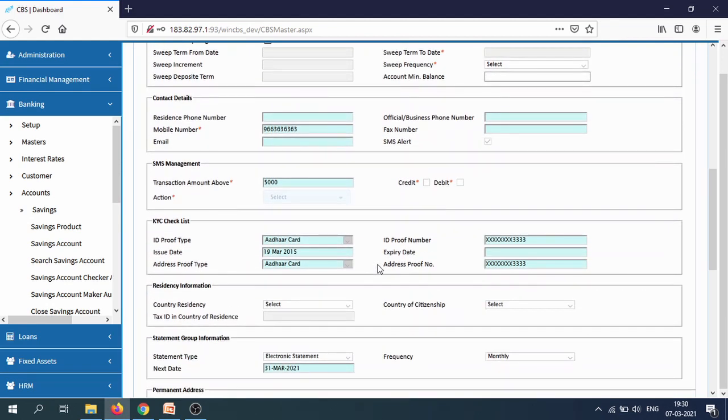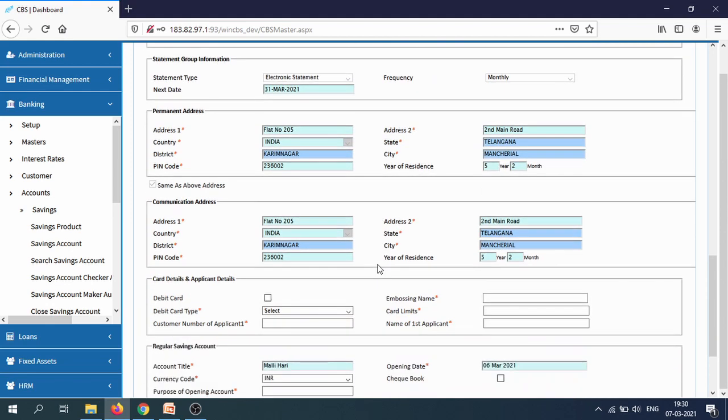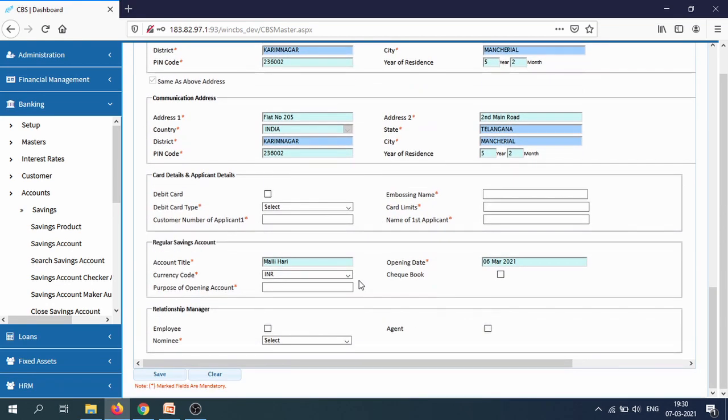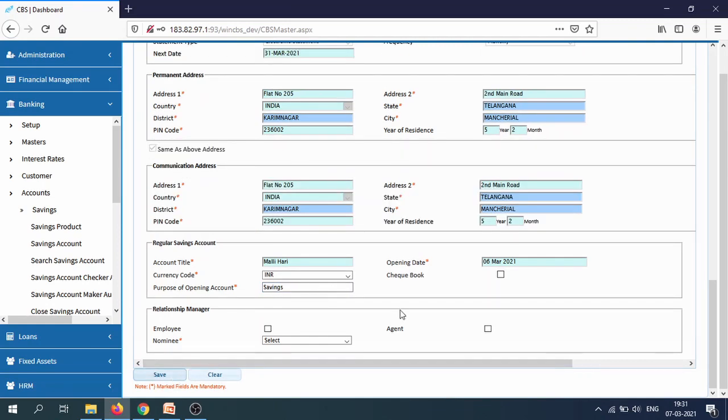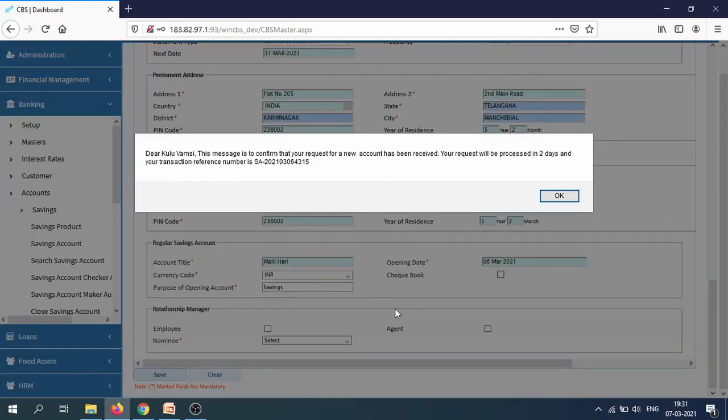You can verify. Purpose for savings. So now the account is created successfully as a maker.